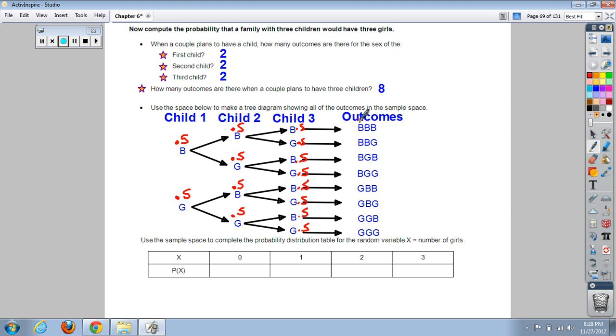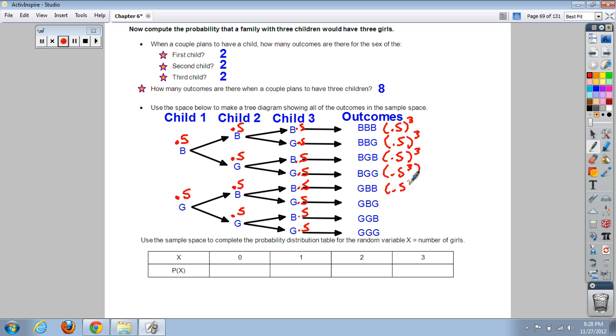The probability of having a boy, and a boy, and a boy is 0.5 times 0.5 times 0.5, which is really just 0.5 to the third power. Having a boy, a boy, and a girl is 0.5 times 0.5 times 0.5. It's the same thing. So really, all 8 of these